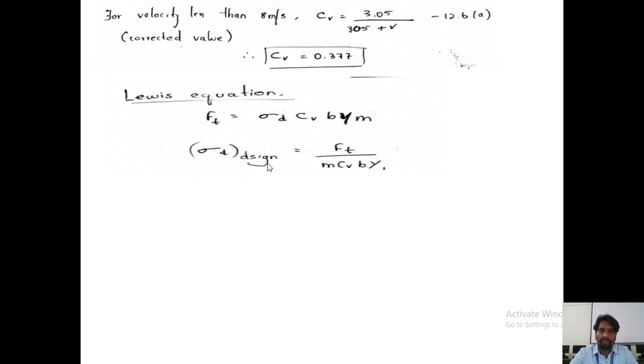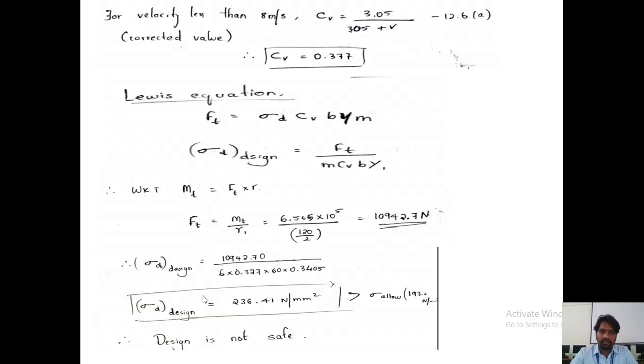So we need to calculate sigma d design. So Ft divided by m CV B y. Here we don't know Ft, so we need to calculate Ft by using the simple relation: torque is given by tangential force into radius. So Ft is given by Mt by r1. So Mt is known, and the diameter we have calculated here, 120 by 2, will give the r1. So we got Ft, and m is known, 6 mm, and the corrected value CV is known, and the b